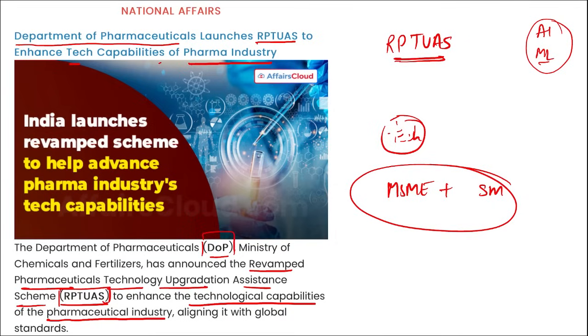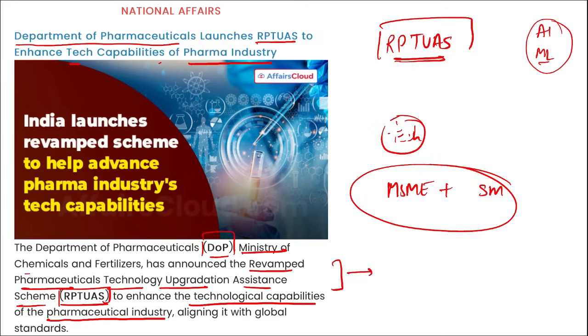Apart from this, pharmaceutical units with a turnover of, say for example, less than 50 crore rupees, then 20% of the incentives will be provided here. If the turnover for the company or MSME is between 50 crore rupees to 250 crore rupees, then 50% of the investment under eligible activities. Then if it is between 250 to 500 crore rupees of turnover, then 10% of various incentives will be provided here. Correct. So remember this RPTUAS, this is the full form here, and it was launched by Department of Pharmaceuticals,